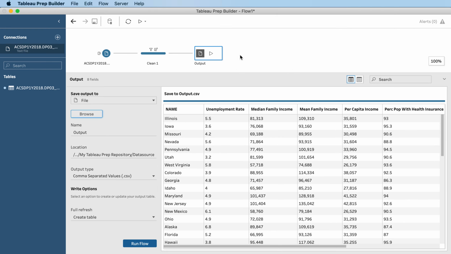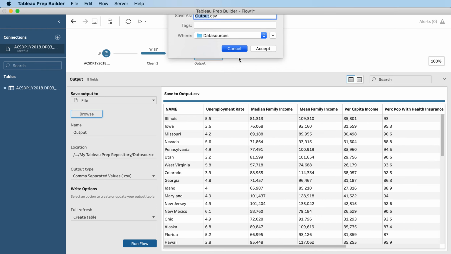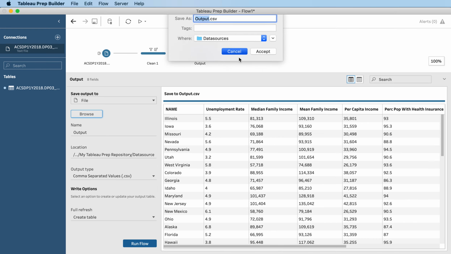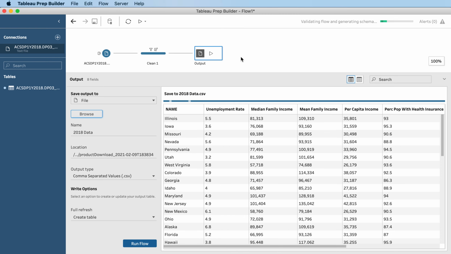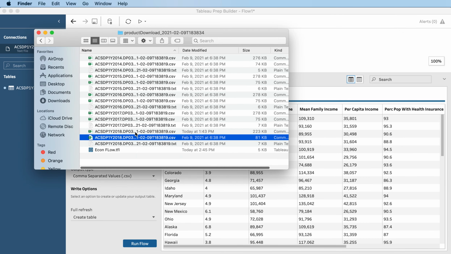And again, it's going to keep insisting that I use output, and again, eventually it will let me do what I want to do. All right, so if I now look,